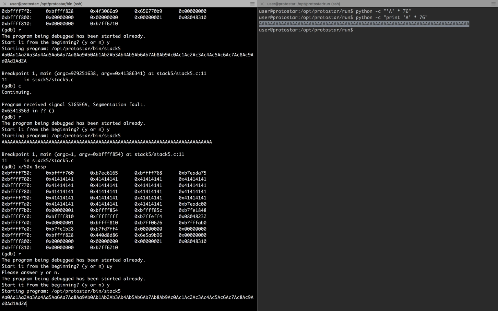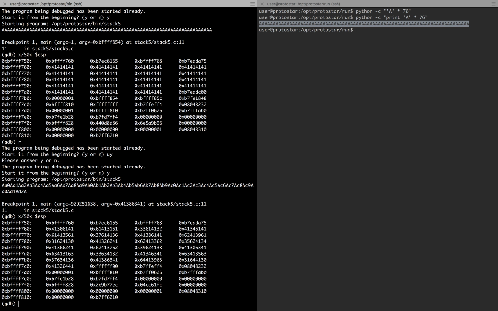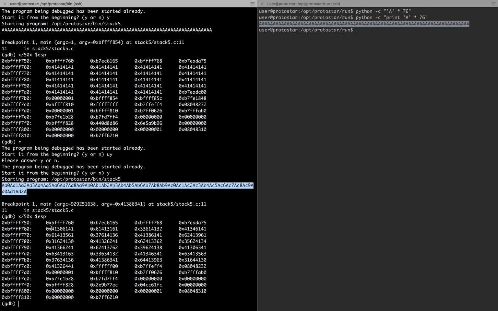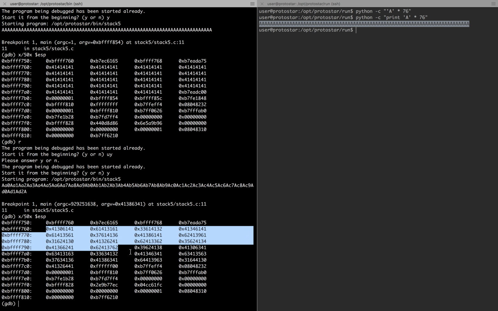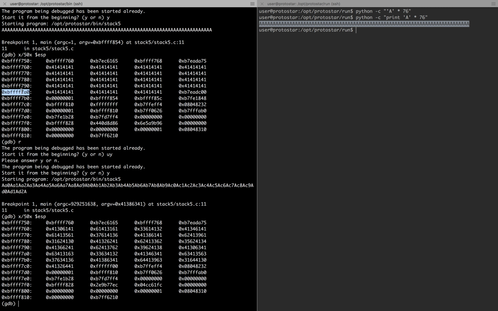Because let's try to give the same payload, the same string which we gave earlier. Now, if at this time we examine the stack, you can see we supplied 76 A's, and here we supplied the same 100 length pattern. Since we know that this is the address where the stack started, till here is where our buffer ends, and post which,